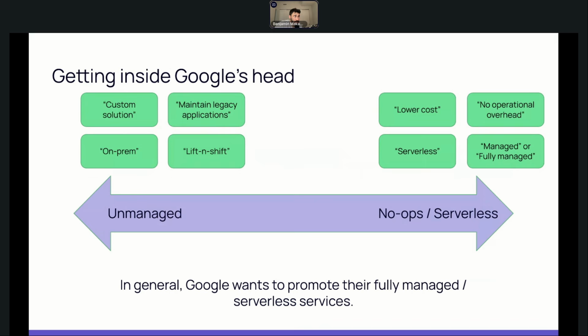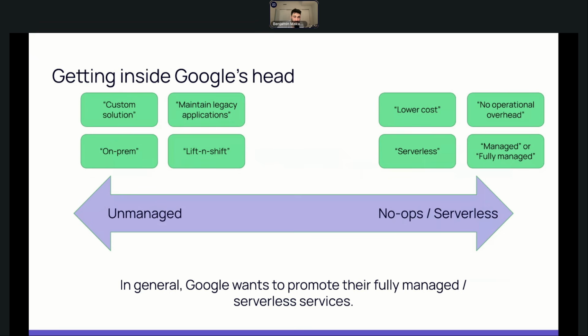So, in general, Google wants to promote their fully managed and serverless services, right? The whole point of cloud, if you think about it, is to take the burden off of the customer, the company, or the person using Google Cloud, and put that on Google. And then you pay extra for an abstraction of the service so that you don't have to deal with the operating system, patches, scaling, all that stuff that you would have to deal with if you were running your own